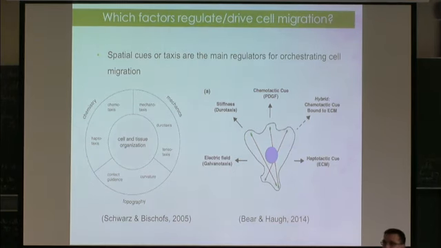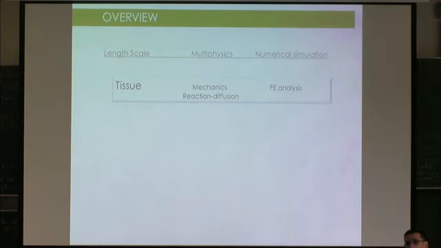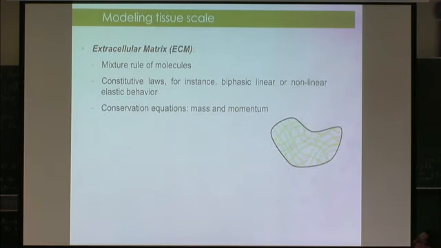So, which are going to be the main stimuli that are regulating this cell migration? There are many of them: chemistry, mechanics, or topography, that can lead this migration. As we started to work on modeling cell migration, the first approach that we used is the most classical approach, using reaction diffusion equations, in which we try to simulate all the scales but from a macroscopic point of view. So we try to simulate extracellular matrix using normally constitutive law, the classical constitutive conservative equations, and later